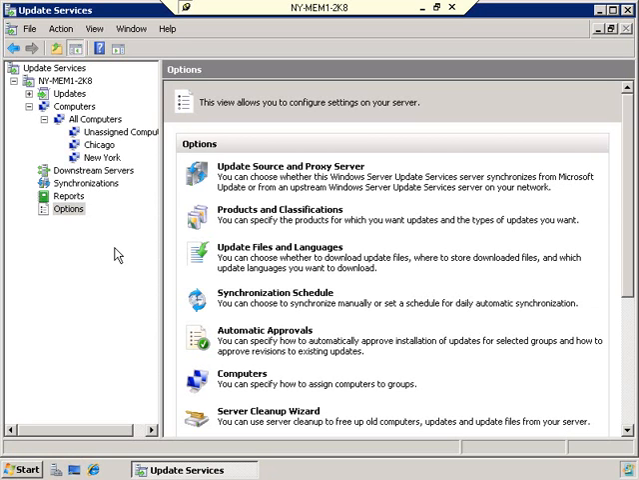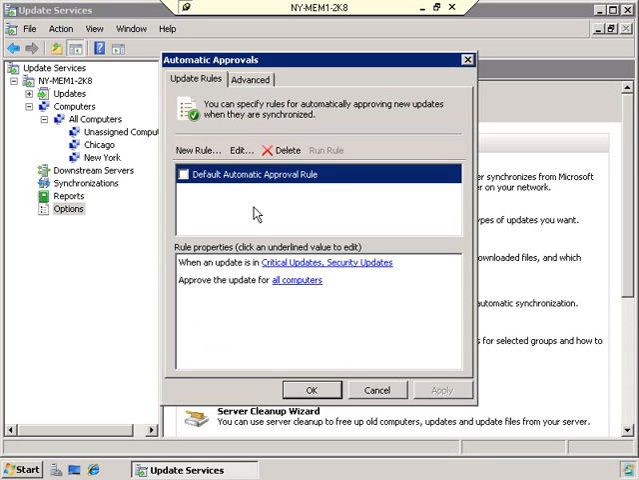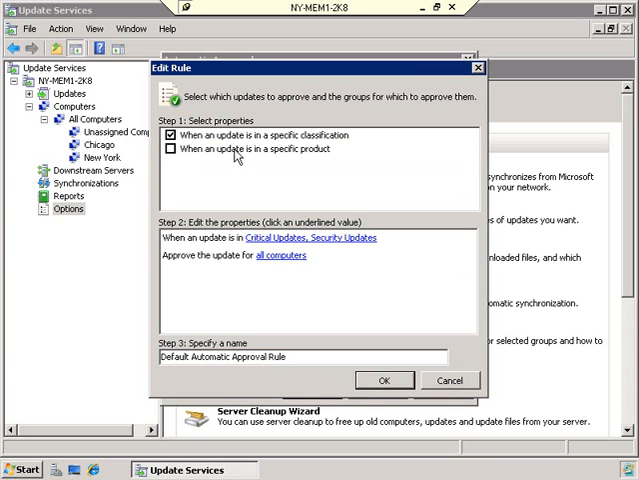Now there's a couple of ways of doing this. One would be through automatic approvals. If I click on automatic approvals, and by the way, I'm still highlighted on options down here, you'll see that you can set up a rule regarding certain updates just automatically being approved and not waiting for an administrator to have to come in and manually do so. The default rule, and I'll click on edit, it says it down here, but let's go up to edit so you can see the properties are when an update is in a specific classification,